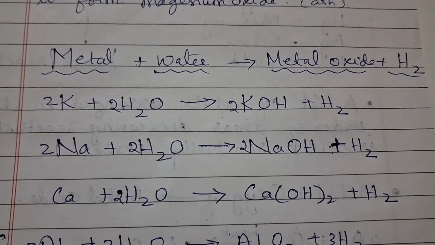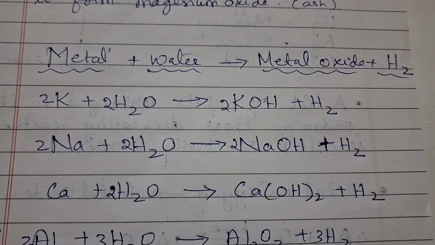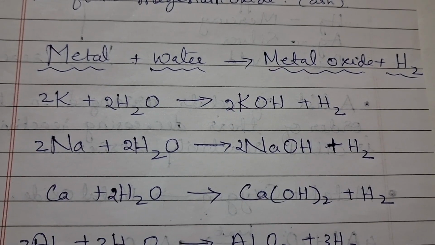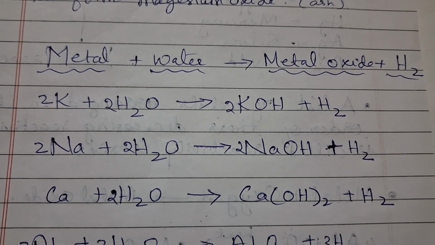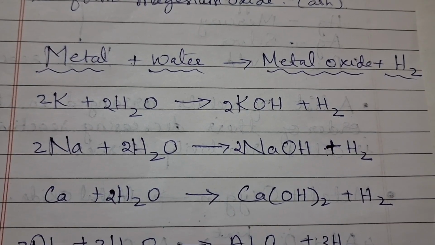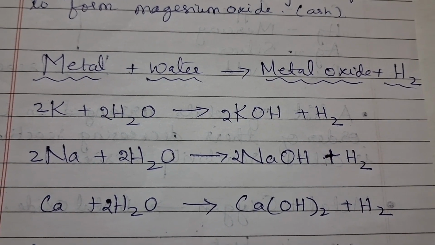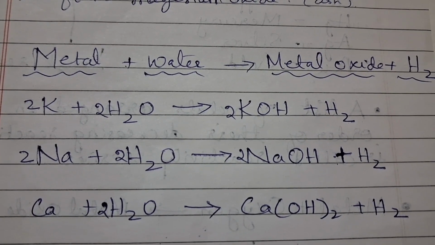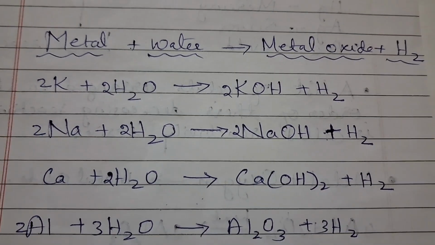What happens when metal reacts with water? You get the metal oxide plus hydrogen gas evolved. Sodium, potassium, calcium, they all react with water. Sodium and potassium react vigorously to produce the corresponding hydroxide and hydrogen gas is given out. For potassium it is potassium hydroxide, for sodium it is sodium hydroxide, and for calcium it is calcium hydroxide, with the evolution